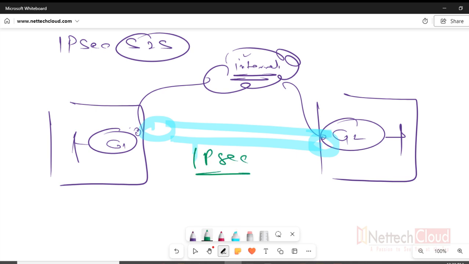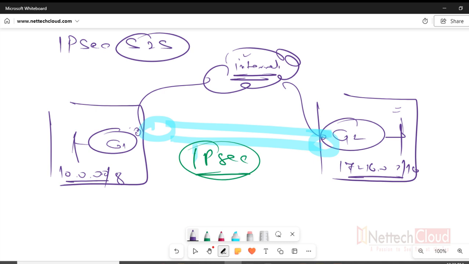IPSec tunnel. So this way the private network is extended. The network here is 10.0.0.0, and the network behind gateway 2 is 172.16.0.0. The objective is to protect both networks, right? And ensure reachability between both networks using the internet as the transport. Yes, possible with IPSec site-to-site VPN, because in IPSec what happens,